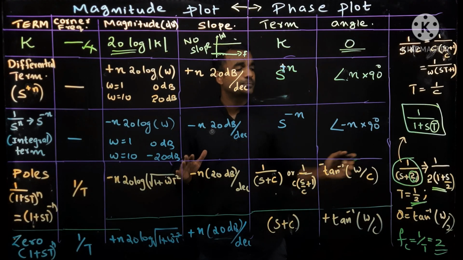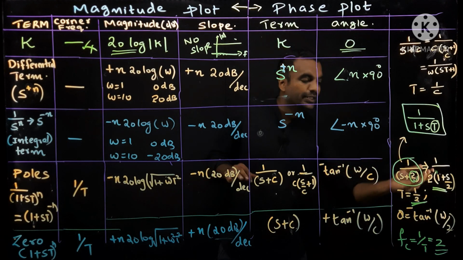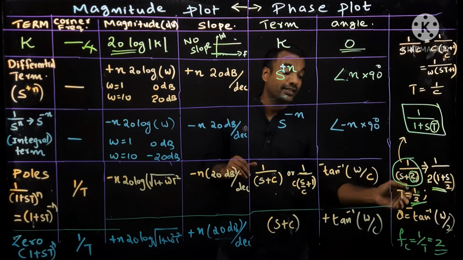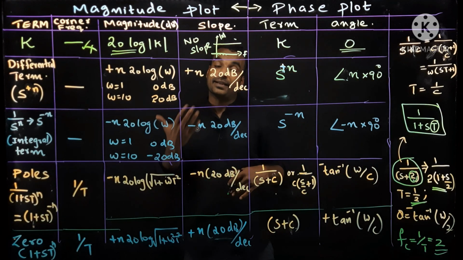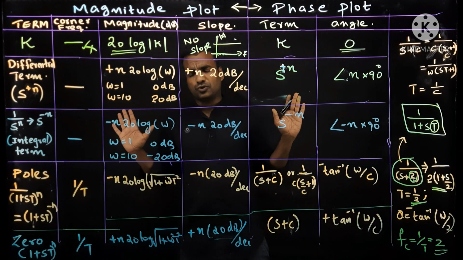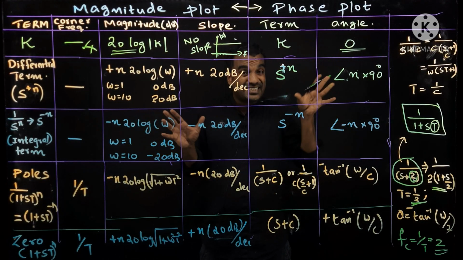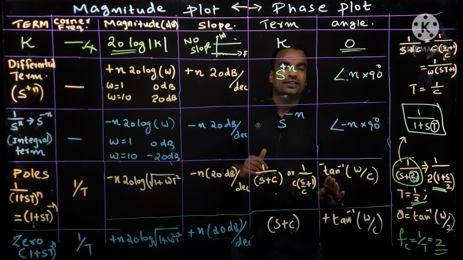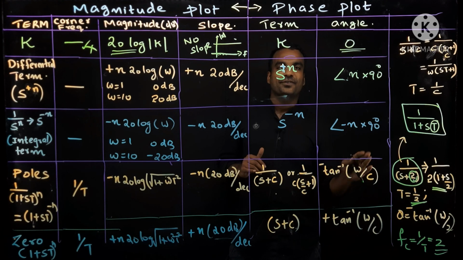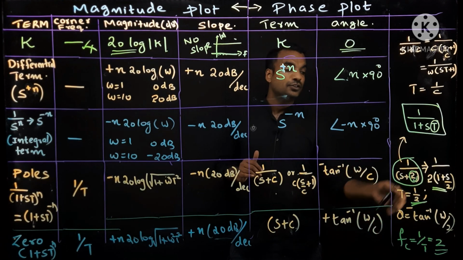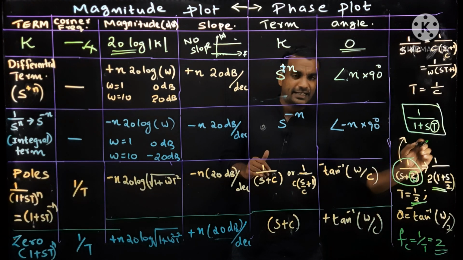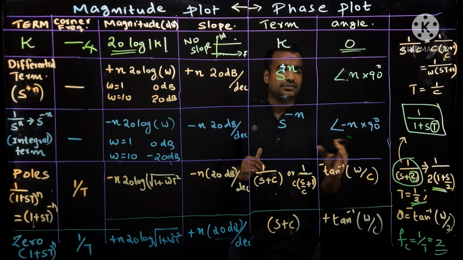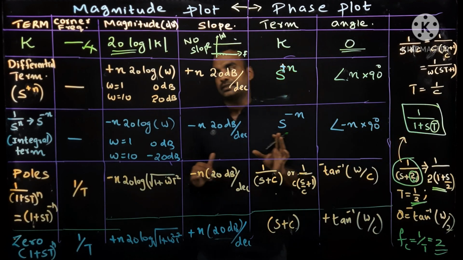But if you are not that much of an expert, you have to take 1 by s plus 2, then take 2 outside, then find T, then take the inverse of T, that will give you the frequency. That is also right. But to save time, from 1 by s plus 2 itself I can say 2 is the corner frequency, and T is 1 by that frequency. That is also possible. So you have to write these things in your notebook very well and keep your base strong, what is frequency and what is T from the standard representation.